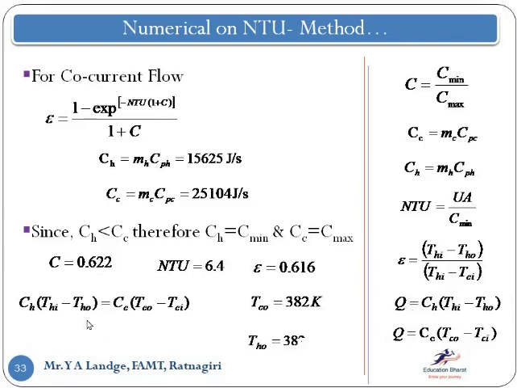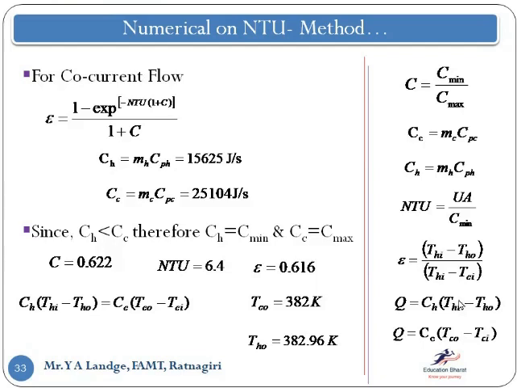And now we just have to put the value of THO here, THI here, CH is mentioned, CC is here. TCO we need to calculate, and minus TCI is given. So from that one, we can get a value of TCO. So this value you get from the effectiveness formula and this value you get from this equation. How do we get this equation? This equation comes on the basis of this one. We say that at a steady state condition, this is equal to this one.